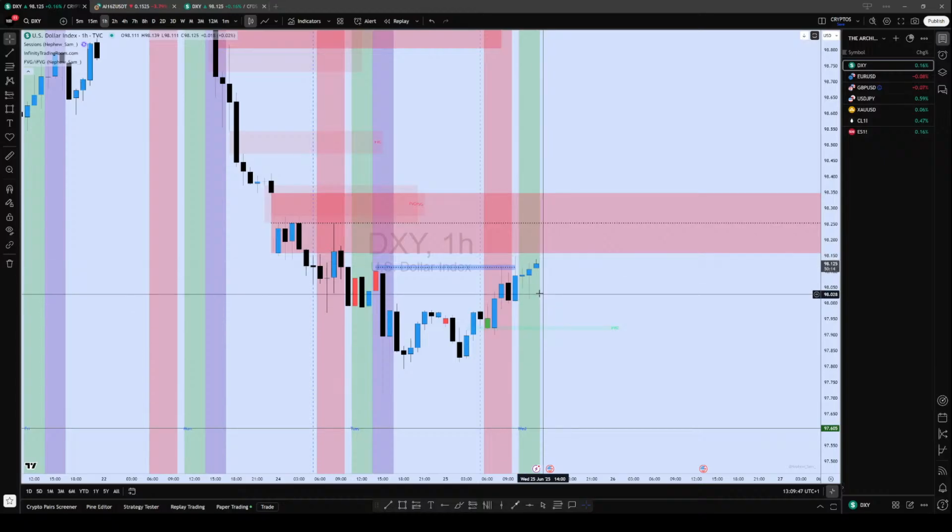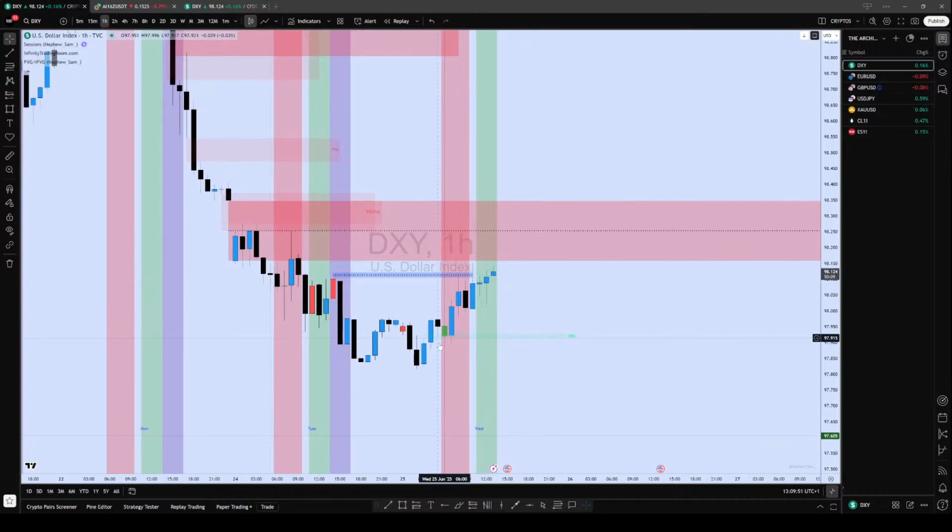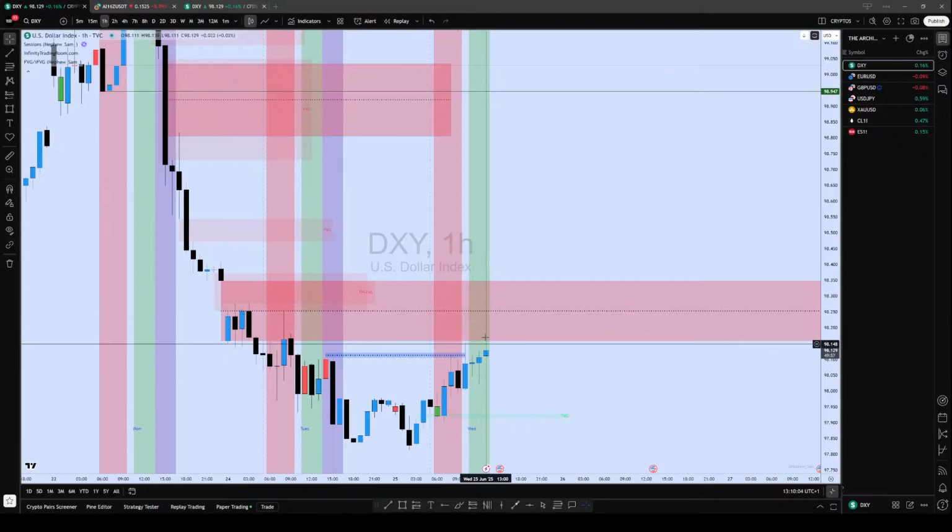All right, so let's see, because this movement up is not a reversal. This is compressed, so this is redistribution. Price is being distributed, and then we might see a continuation to the downside. Now your job is to just be patient and wait. Okay, don't do anything, let price show you.